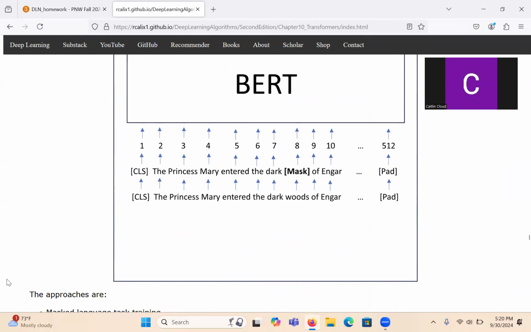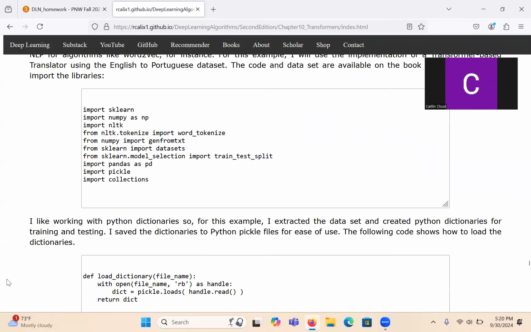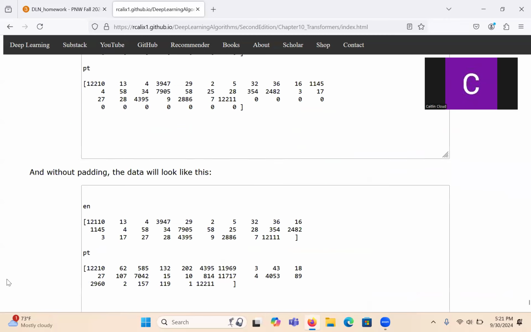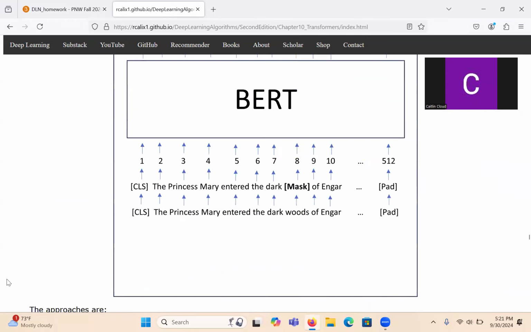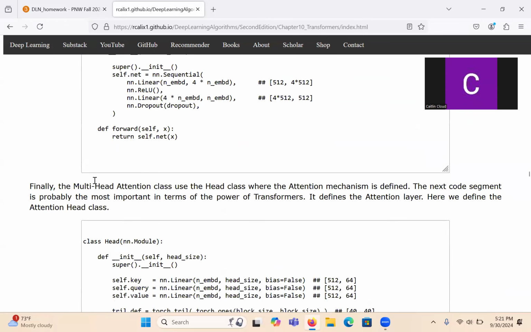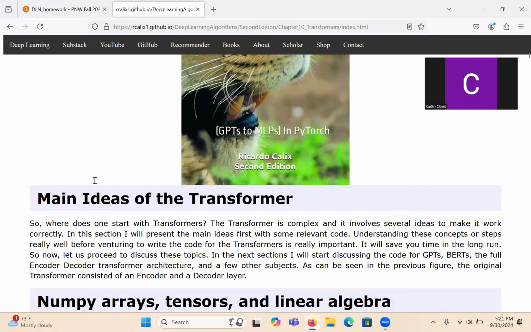We will talk about BERTs a little bit as well and how they work. Here's some more, and this is a bit long, but definitely read through it. That's your reading assignment. All right, so let me go back to the graph. I'll give you a little bit of the history.